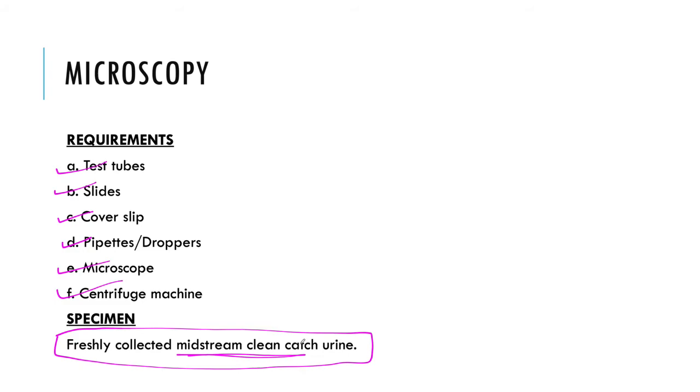So as a doctor, you have to tell your patient about the method of collection also, when you are going to do microscopy with the sample. So you have to guide your patient accordingly.